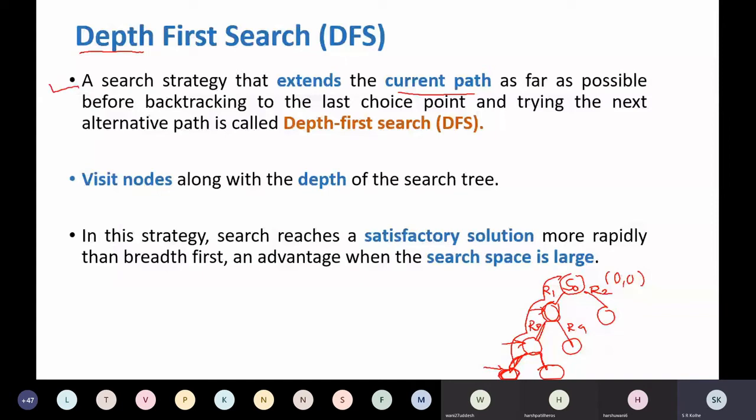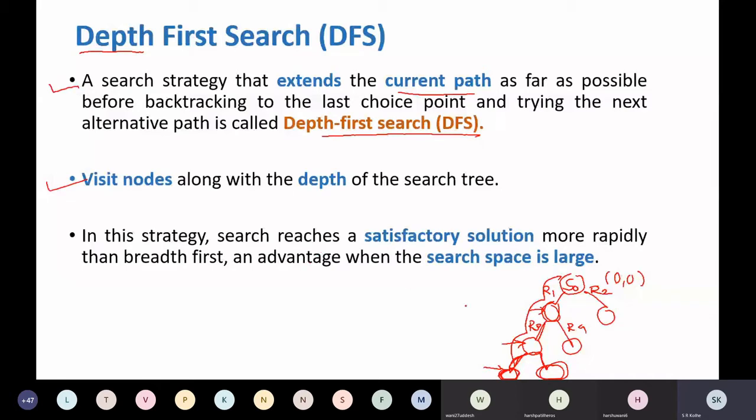So this DFS extends the current path as far as possible before backtracking to the last choice point and trying the next alternative path. This is what the depth first search algorithm is, right? So what we do here, we visit nodes along with the depth of the search tree, as we have seen.